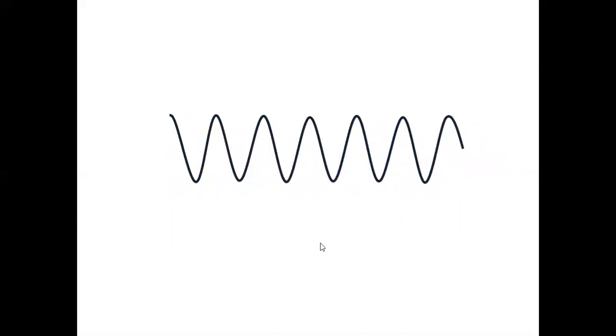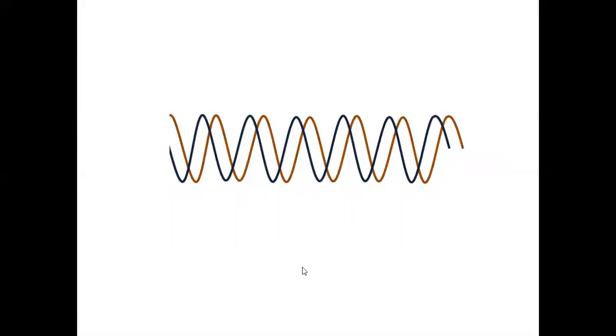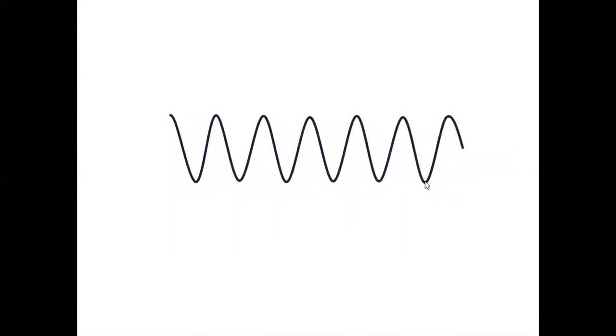Now we will understand it like this. One wave is traveling like this, and let us see that both the waves are in the same place. This is constructive interference. Crest is falling on crest. There are two waves inside this. You can't see it now. I will move on and I will show you. No path difference now. Both are traveling together the same distance. Crest is falling on crest. Constructive interference. Maximum resultant wave.